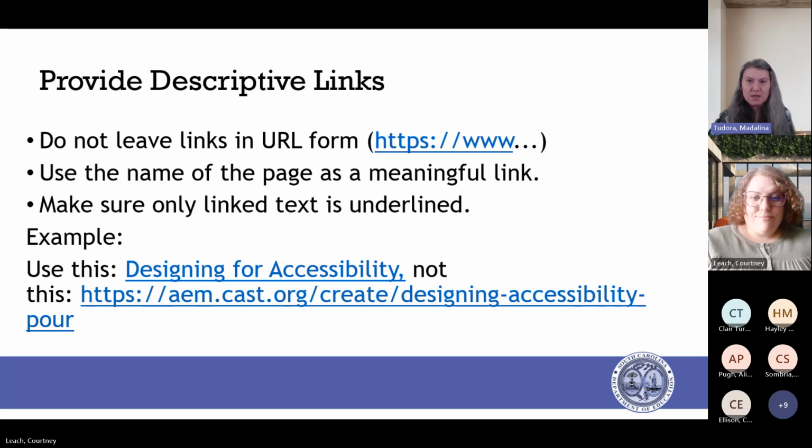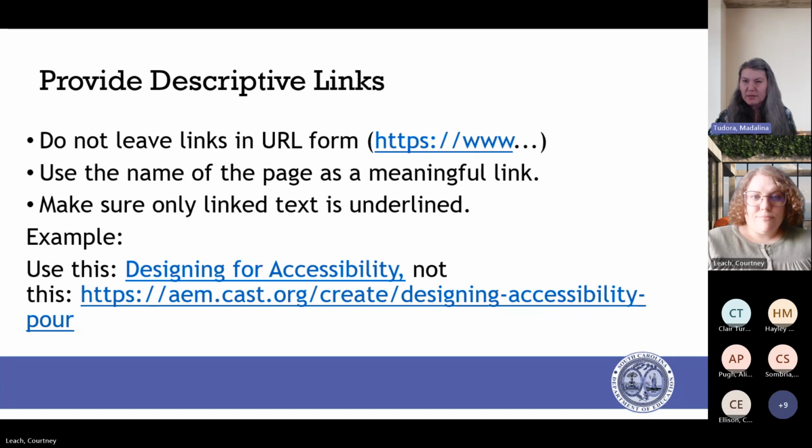Those are not accessible. You would force somebody who is a screen reader user to sit there and listen through every single one. And then by the end of that read of that link, they would still not be quite sure where that link goes. Chances are they would just give up and skip the link altogether. And that might be information they need to have. So make sure when you include links that you go the extra step to make them descriptive so that people know where they go.